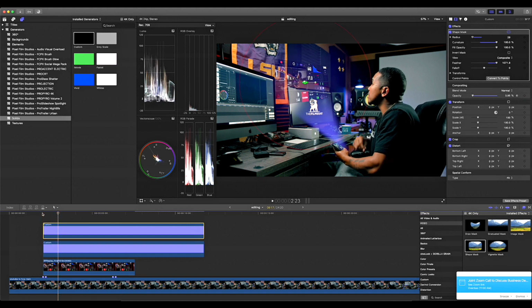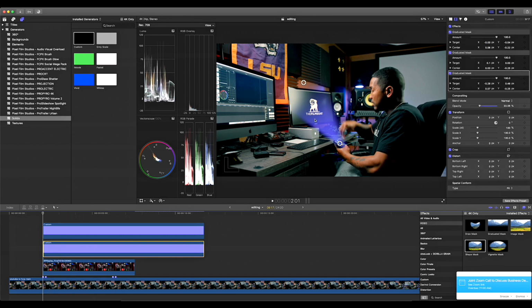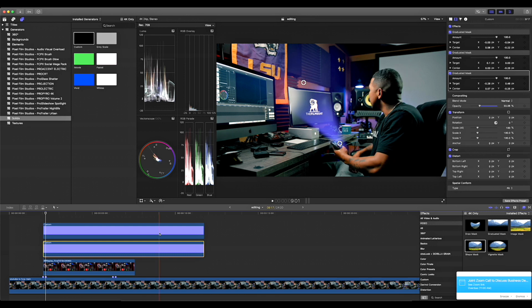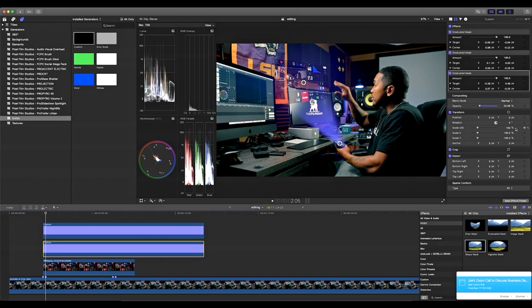Okay, I like that. Now I need to make my projection, the actual projection piece here, grow with the clip as it rides up. Now I can do this a couple different ways. I can use keyframes on the positioning and scale to make it happen, but I actually like to do it with my graduated mask in this particular case,